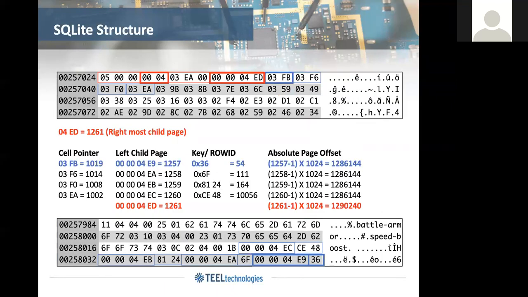So if you look at the top portion of the 257024, this is what's called a leaf table page. And I talked about that a few weeks ago. We're interested in leaf table pages and we're interested in interior table tree pages. So this is an interior table tree page. This interior table tree page has a header of 12 bytes, and that's what you're going to see in red. So the first 12 bytes are carved out in red. And what's of interest to us is the 0004, and then those last 4 bytes of